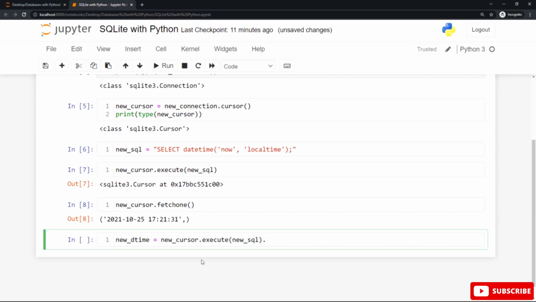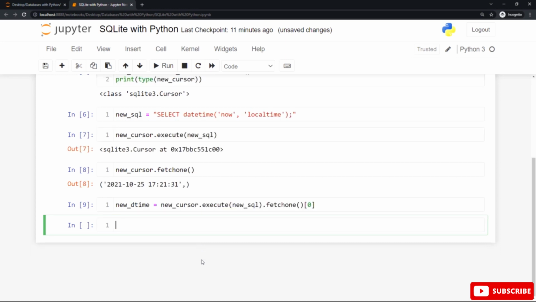In this example we use the execute function with the fetchone function to get the first row with our new cursor to perform the SQL operations and fetch the output for the current date and time as a string. Use this statement to get the current date and time as a string, not in a tuple.